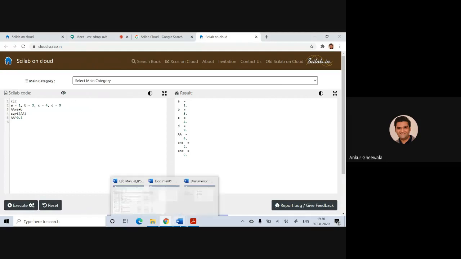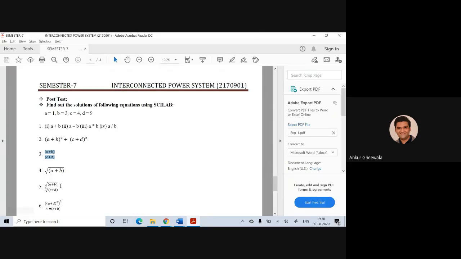So now let's go to another thing. A plus b divided by cube root of c plus d. That means c plus d raised to 1 by 3. So let's